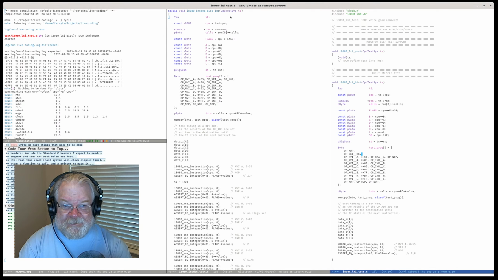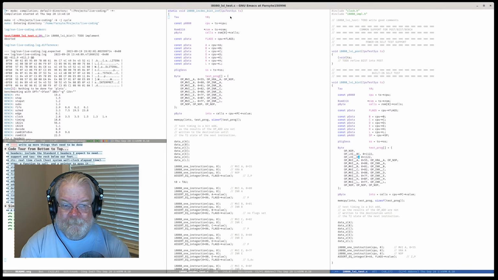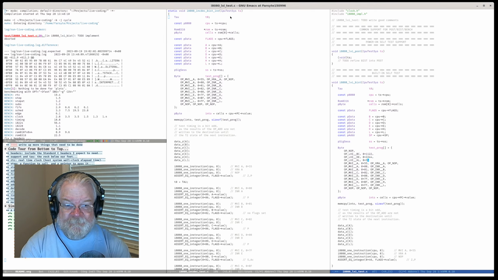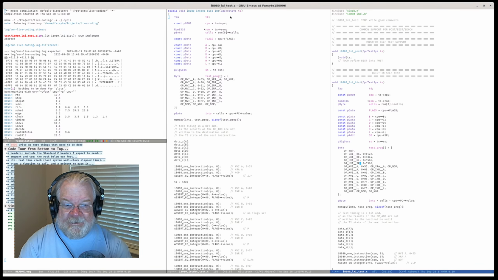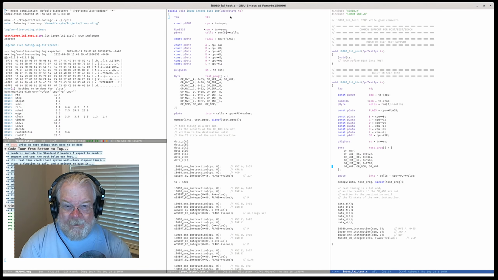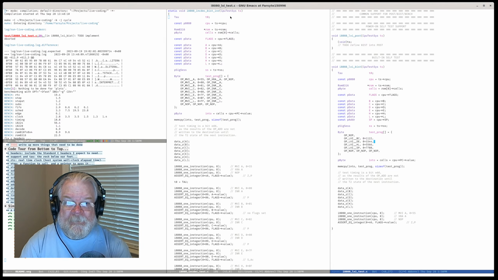LXI BC, 1, 2, 1, 2, 2. 3, 4, 4. HL is 5566. SP is 7788. And we're just testing LXI, so there we go.